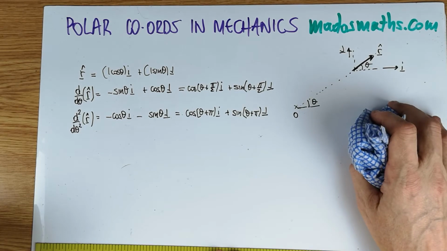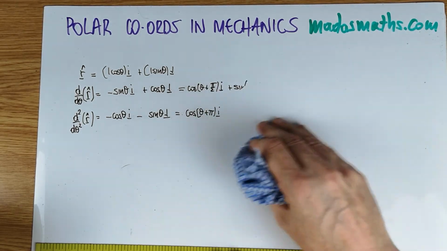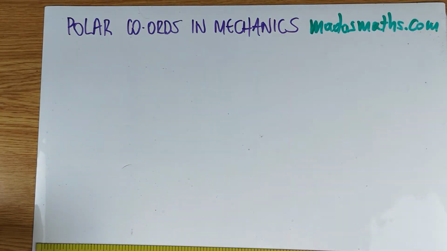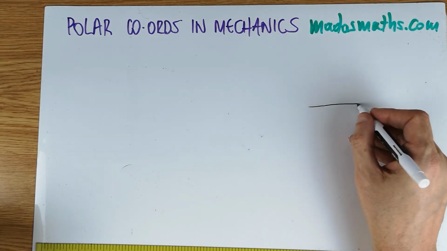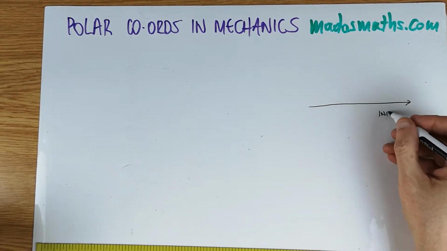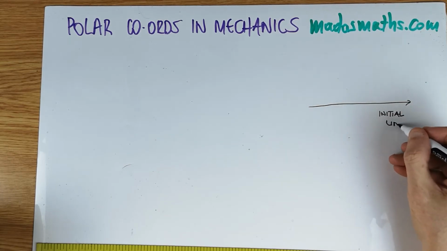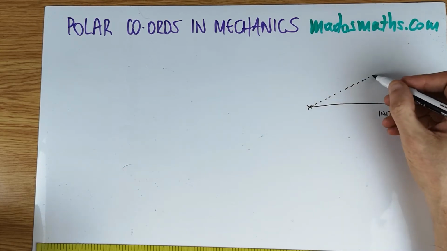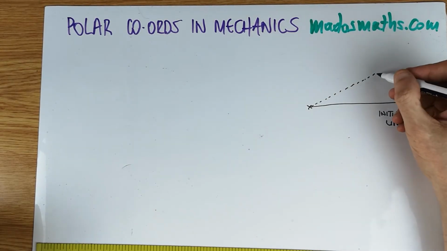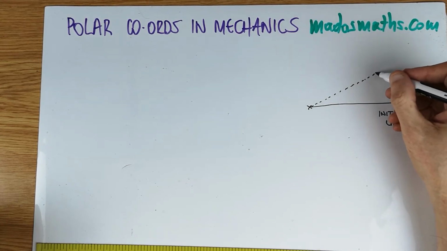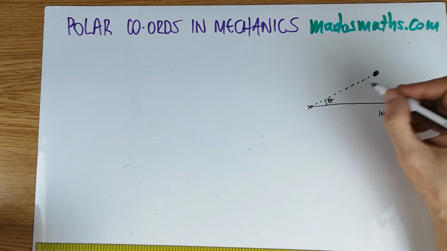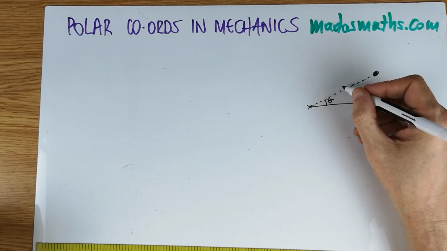So let's return now to the polar coordinates and try to get expressions for the velocity first, and then the acceleration in polar coordinates. So this is my initial line, and in order to determine position in polar coordinates, let's say I'll put the particle there so we're happy. Okay, so this is an angle theta. In order to determine its position, we need to know